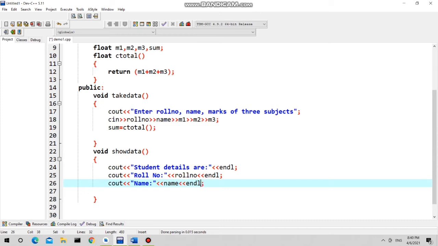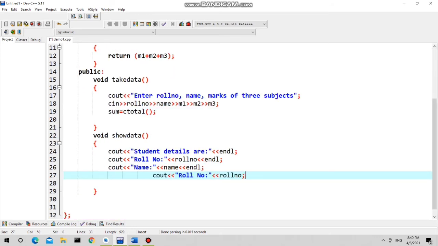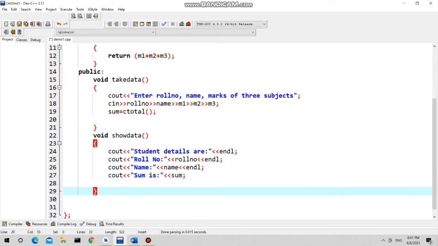And last I want to print the sum. And after this we are not going to print anything, so that's why endl is not required.